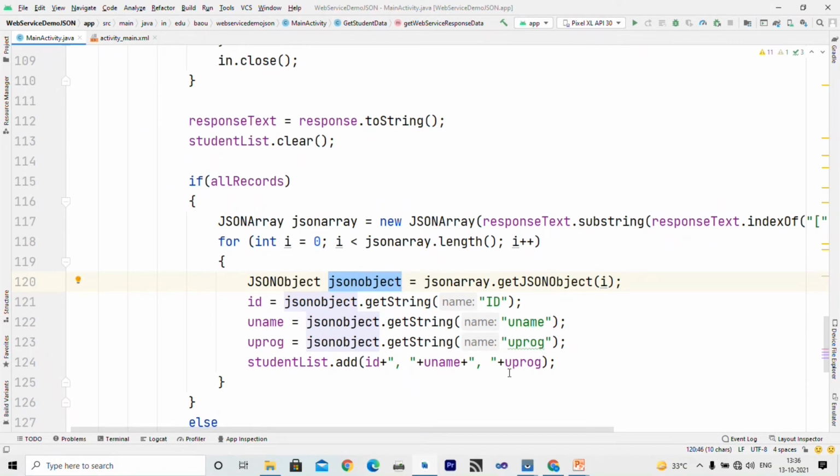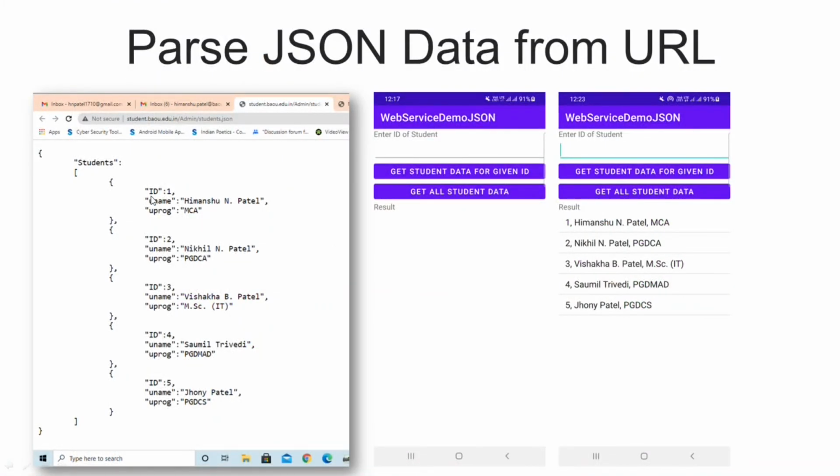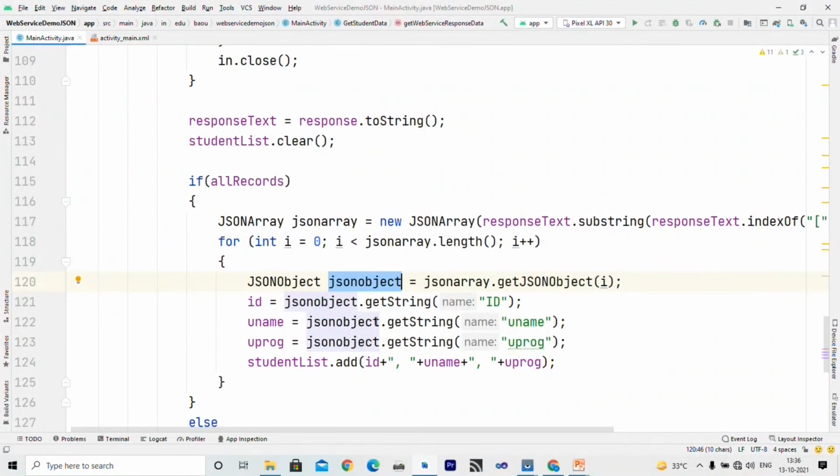Now I can also extract three data items inside this object, which are represented by id, uname and uprog. So here I declare one string and I write JSON object dot get string and id.